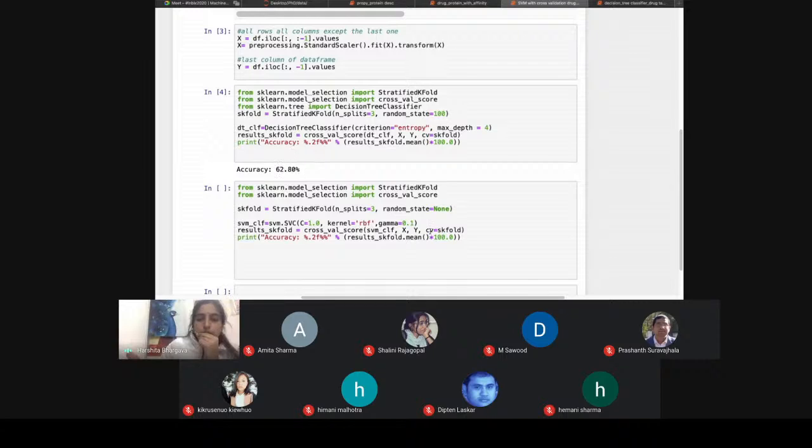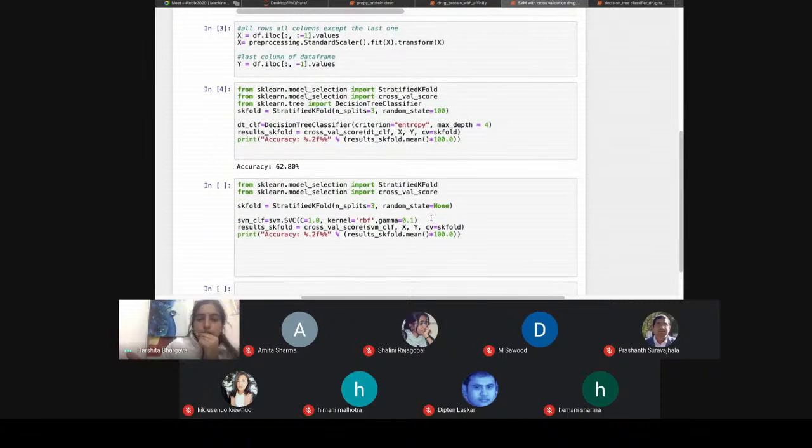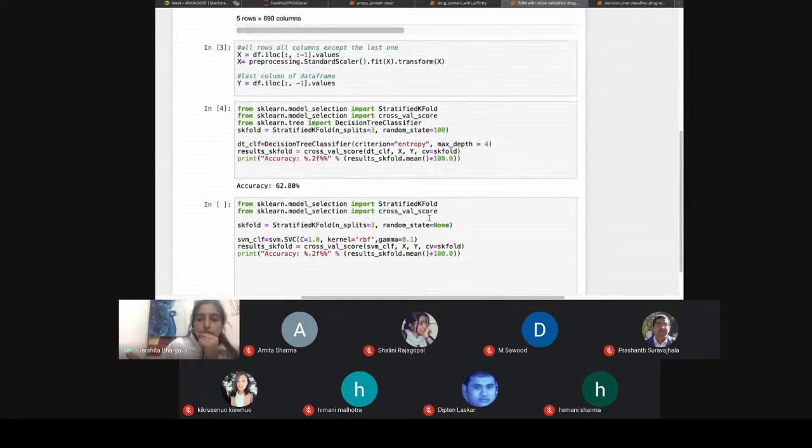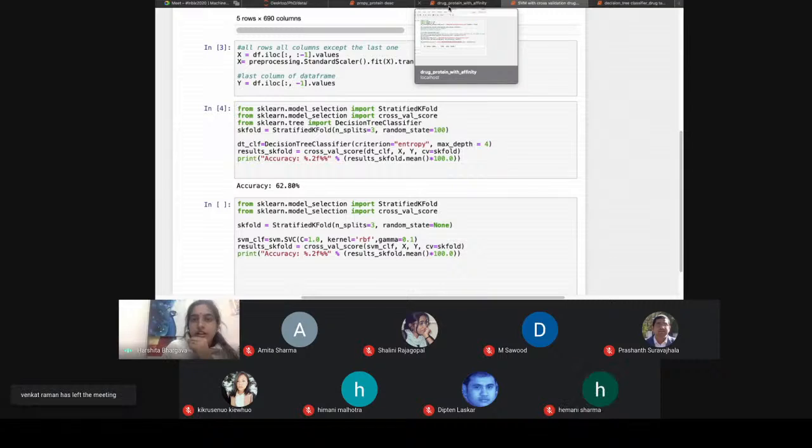But of course, we can also go for the stratified k-fold cross validation, because stratified k-fold means we are also handling the class imbalance that happens with these imbalanced data sets, because drug target interaction data sets mostly are imbalanced. You have a greater number of 0 entries than 1 entries, so there are fewer interactions than non-interactions. This will affect your classification accuracy, so you can go for the stratified k-fold cross validation also.